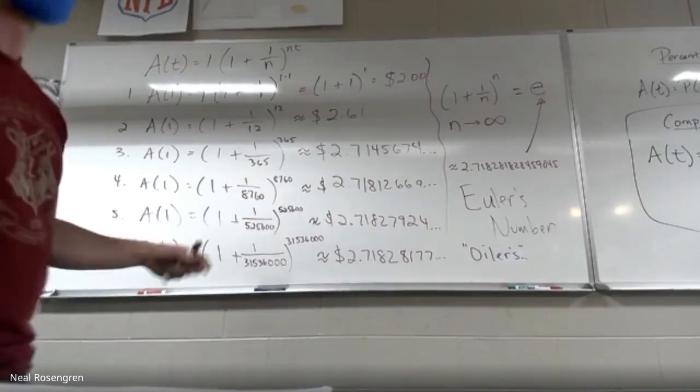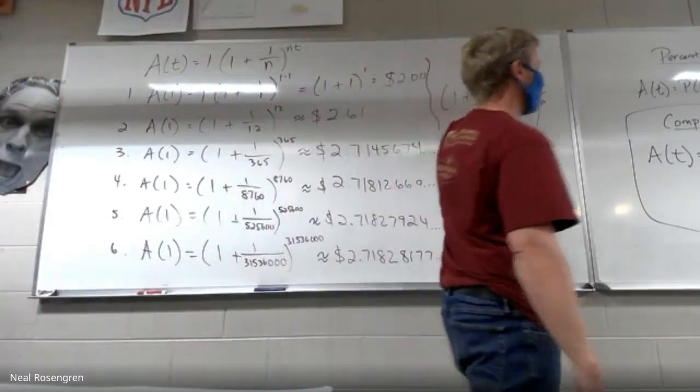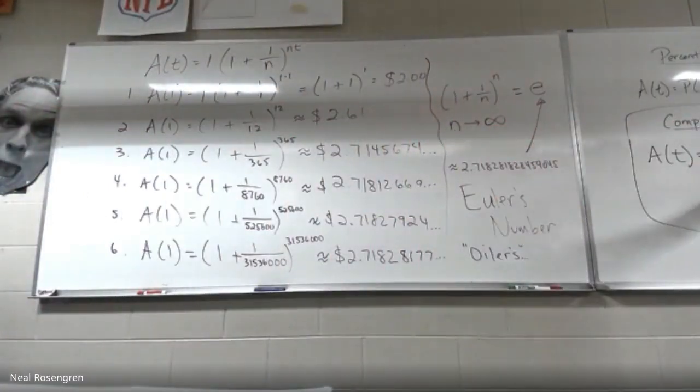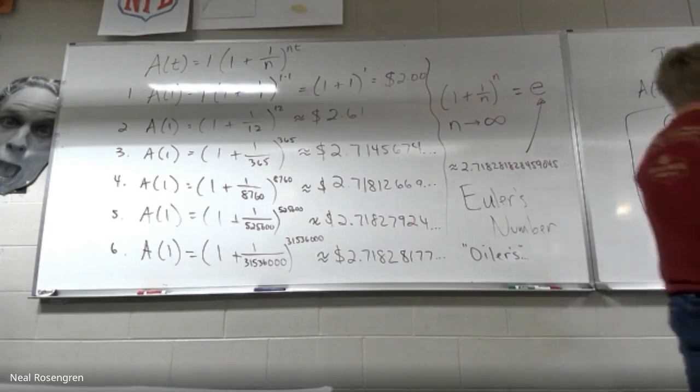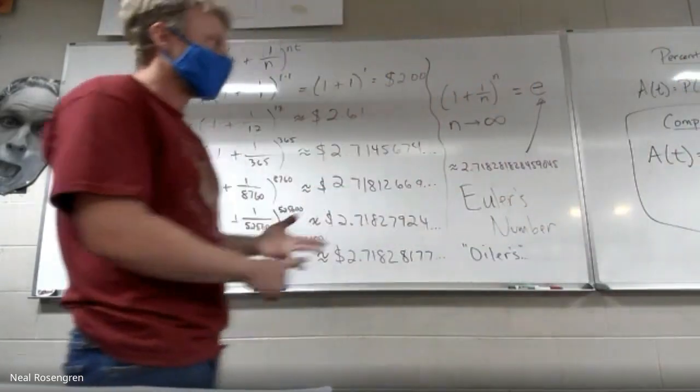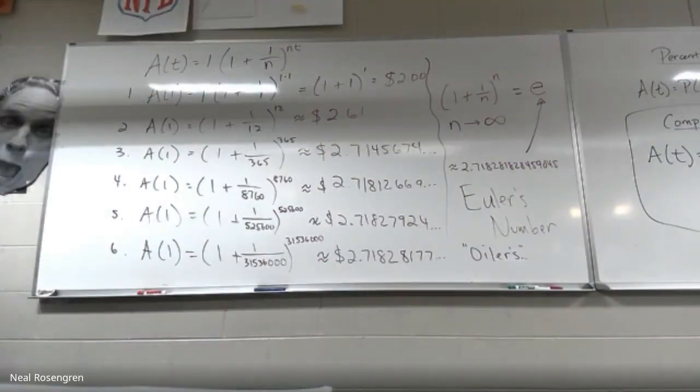The problem is it's not the only thing, right? Because look, 1 plus 1 over n to the n. All right, well, what about P? What about R? And what about T? Right? We need all those. I need to know what I'm starting with, what my rate is, how long you're going to let me do it. All I know is that n is infinity. But it's not really, because it's not a number. But it's going to go in that direction. And I don't have an infinity button, so I just can't use compound interest and do like 1 plus r over infinity. So what I have to do is mess with that compound interest formula to come up with a continuous one.